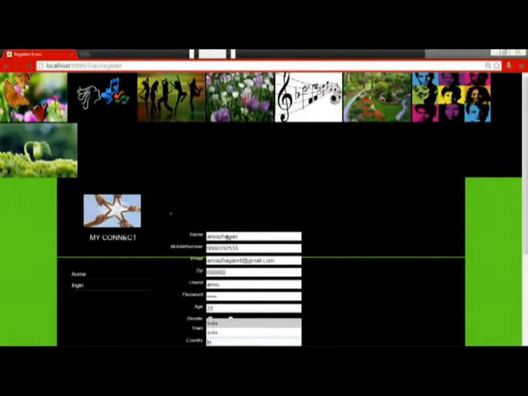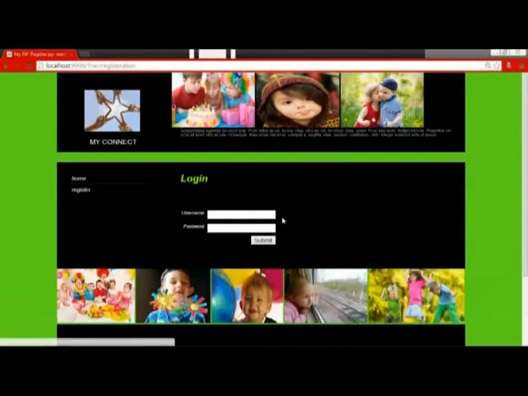After giving all the details, you have to click submit, and the details will be stored in the database. Now we can click on the login page and give our username and password and open our account.